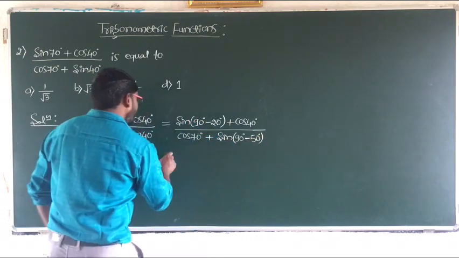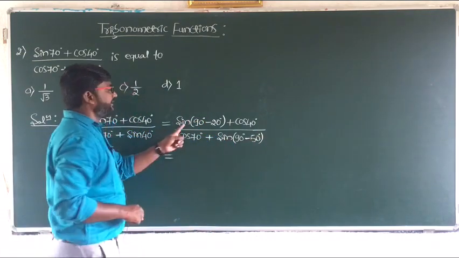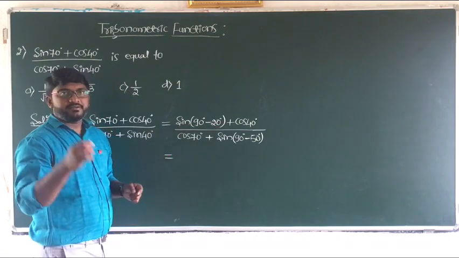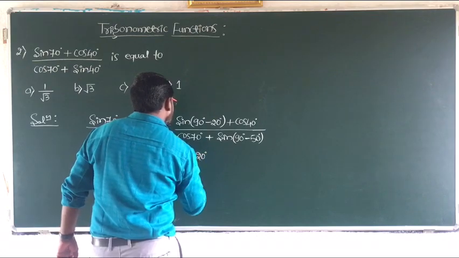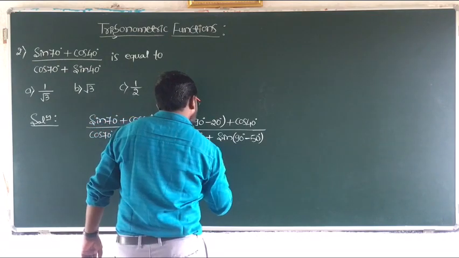Now sine 90 minus a will be cos a, here a is 20 degree, we get cos 20 degree plus cos 40 degree